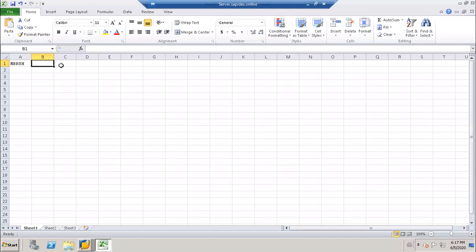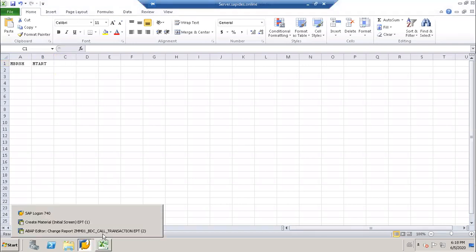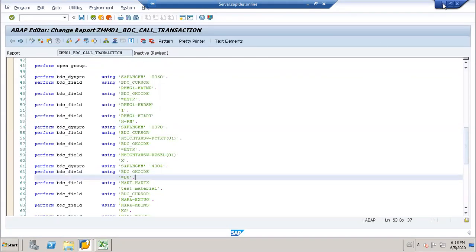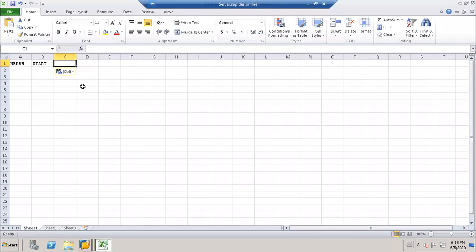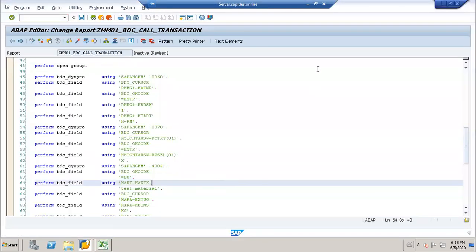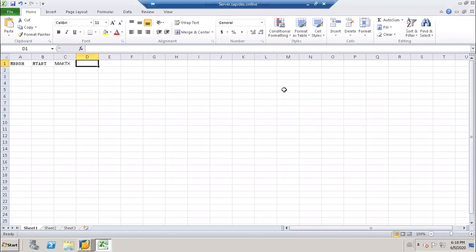So here, then what is the next thing? MAKTX, it's called MAKTX. Then this is MEINS.